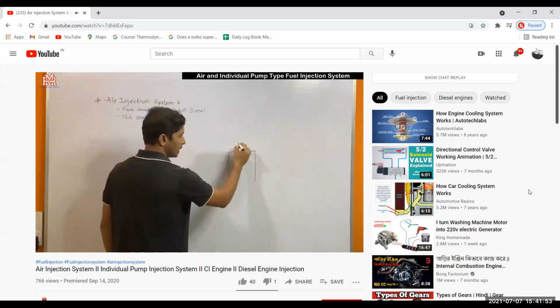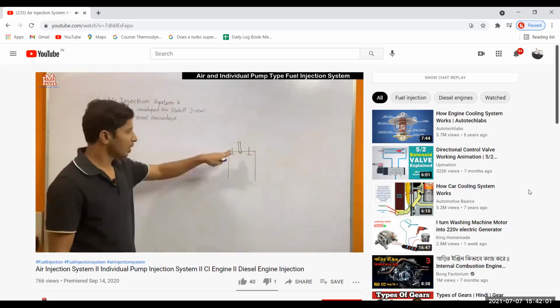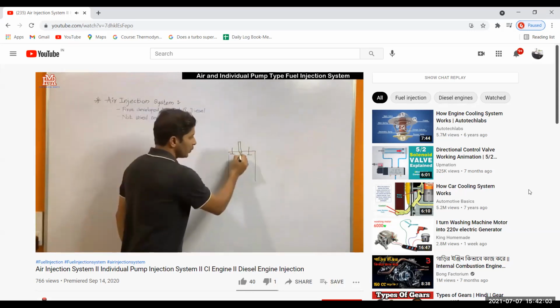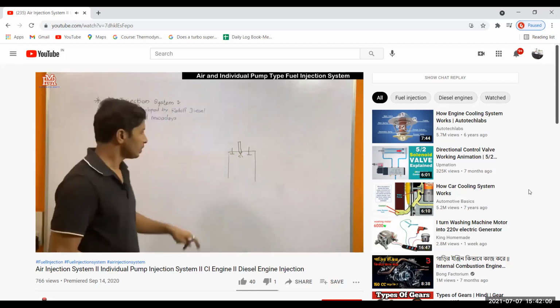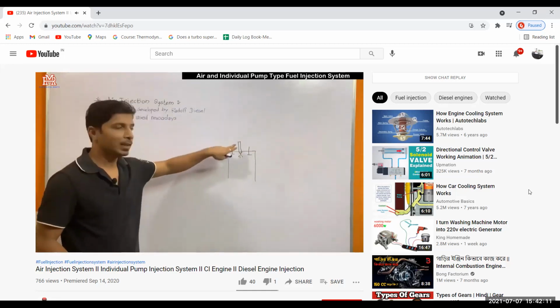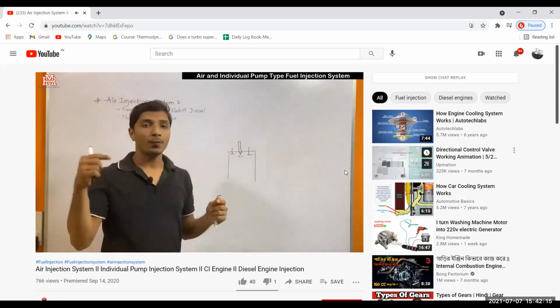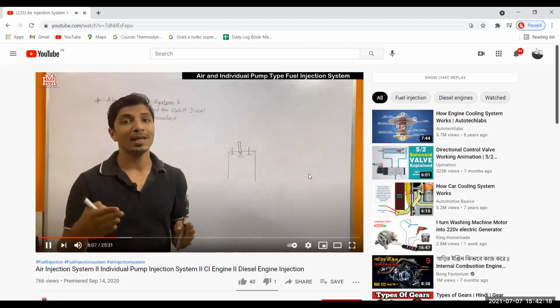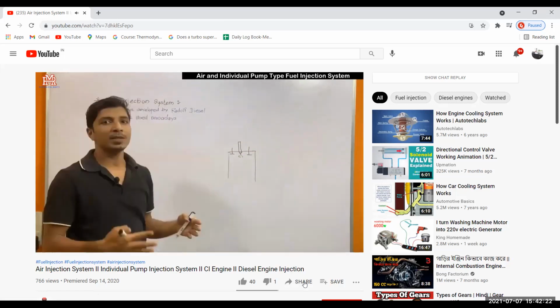First important part is obviously the engine. So this is a fuel injector. We have the inlet valve and exhaust valve. We have discussed that the pressure of fuel injection is a minimum of 70 bar or even more. Now in the air injection system we supply a fuel plus air mixture, diesel plus air mixture, so in order to supply this high pressurized fuel and air,